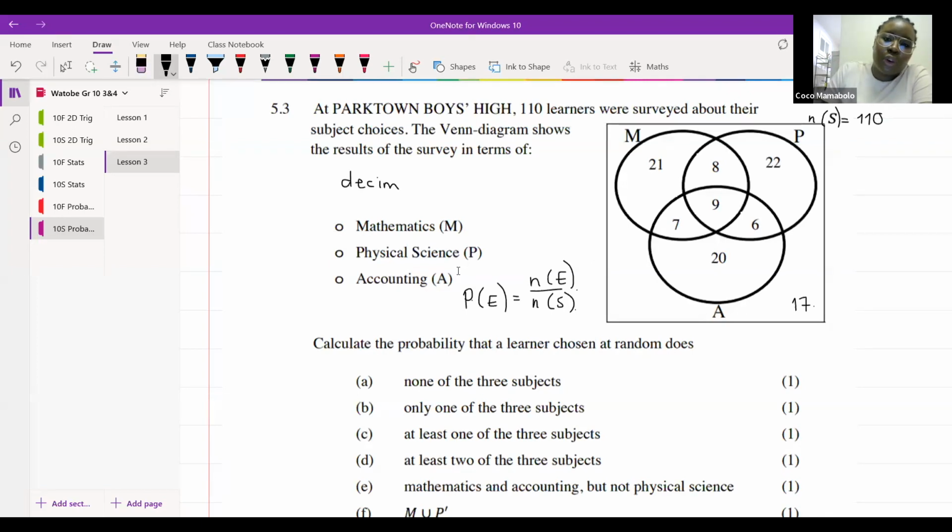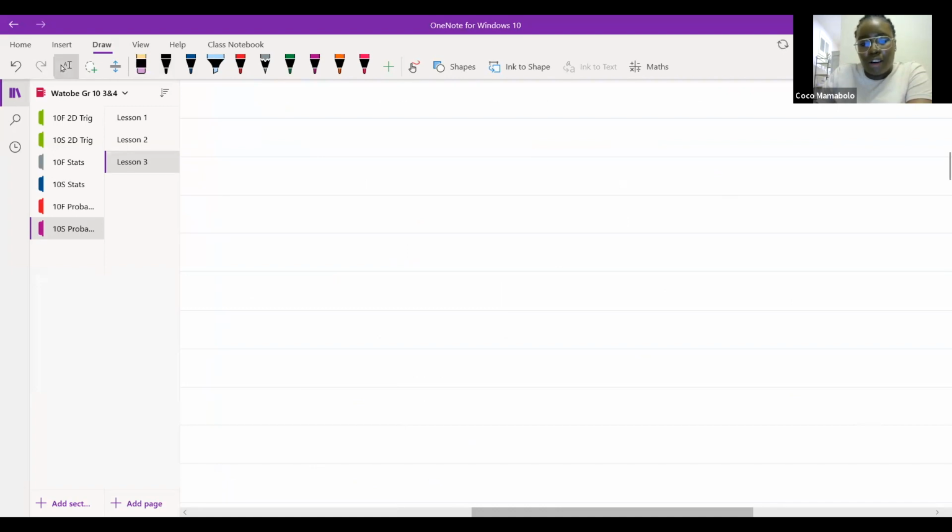Here's what I mean. Before we get into the calculations, I know that the probability of all of these things put together must equal 1. So before we continue, let's think about the probability of